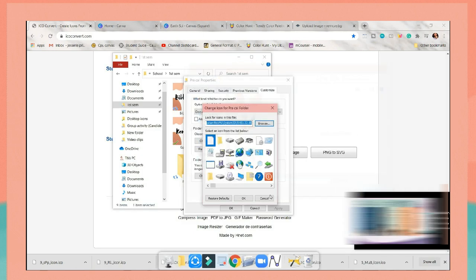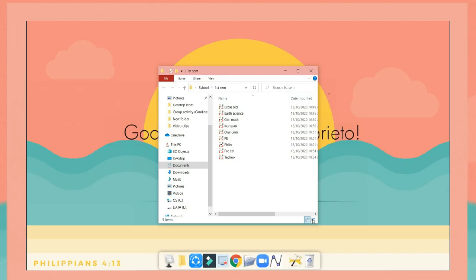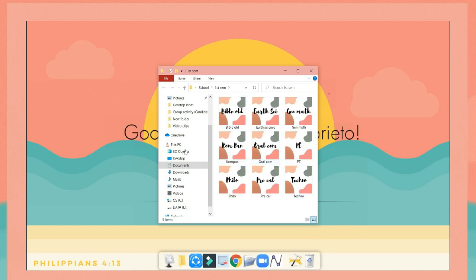And also I just got other icons from Canva, and this is how they look like. They are so cute and they're so aesthetic. So yeah,